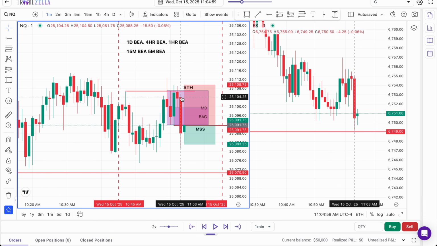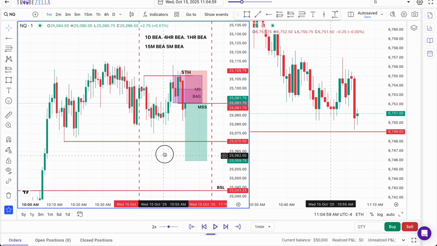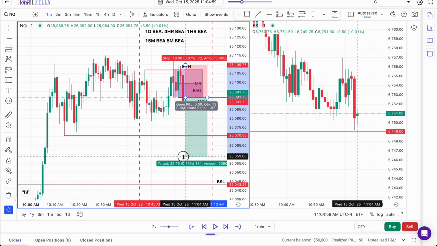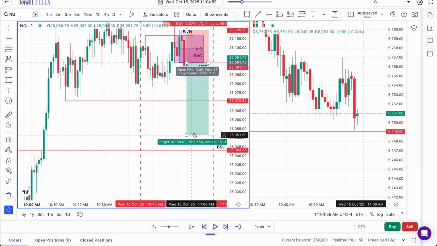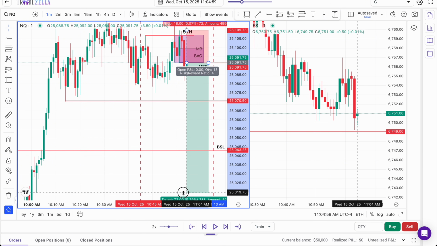The reason why I wouldn't run it at the high of the breakaway gap in this scenario is because your stop placement must be above everything that sends trade in favor. Now, what sends trade in favor in this case is the mitigation block and the breakaway gap, hence why my stop placement is above both of these areas at the short-term high for 18 handles. So I'm now looking to target the first 1 minute low that gives me as close to a 2-to-1 as possible. Now, you can see here we have a 1 minute low, but this 1 minute low is over a 3-to-1 risk reward, which is our max.